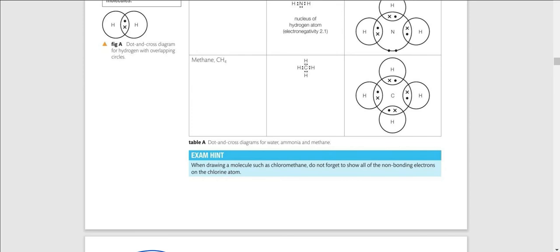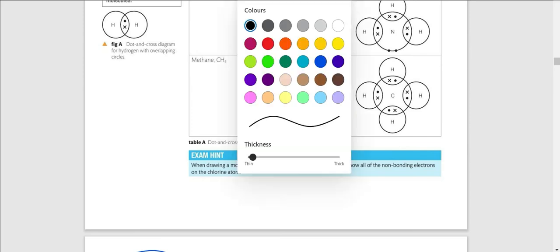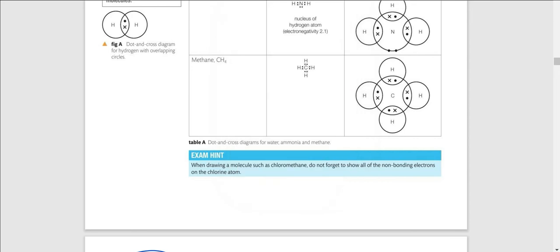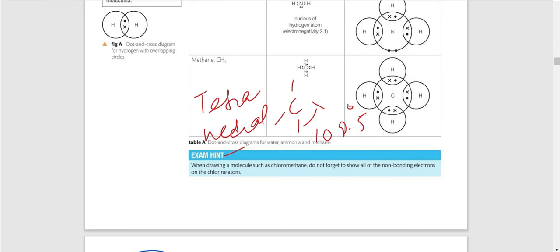What is the name of this structure? CH4. Let me name this structure. CH4, C is in the center, 1, 2, 3 and 4. The bond angle is, what is the bond angle? 109.5 degrees. That's the bond angle. And the name of the structure is tetrahedral. When you see that there is a central carbon and there are 4 bonded pairs around it, it will